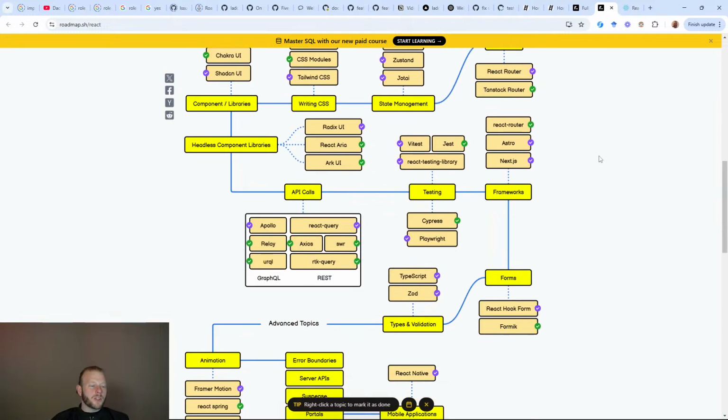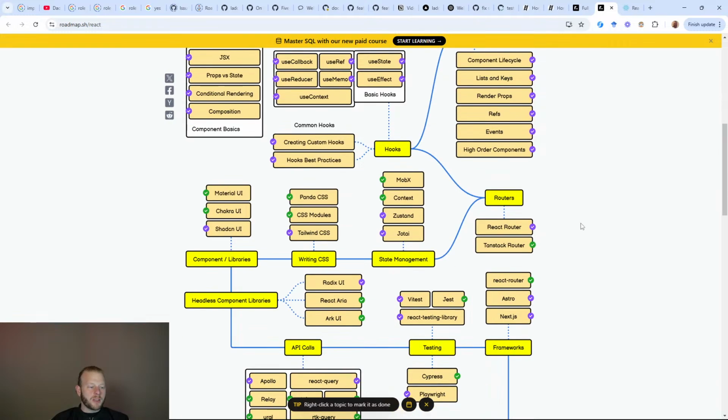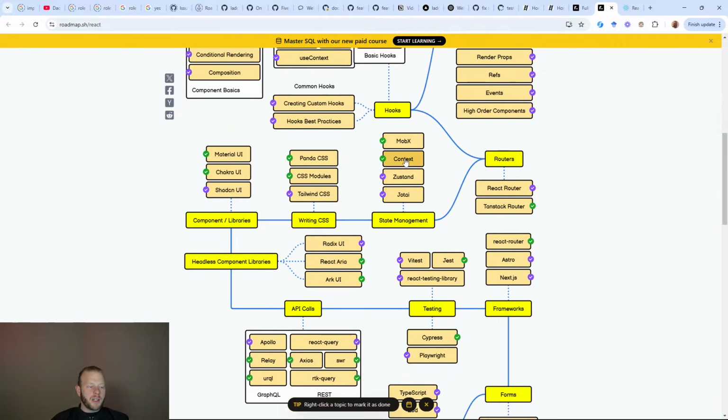It's not that any of this is wrong. And then what are the green checkboxes and the purple checkboxes? So you won't need any of these actually. You can just use context. MobX is green. Does green mean required? This is not required. It's not even a good practice actually. Panda CSS, what? No.